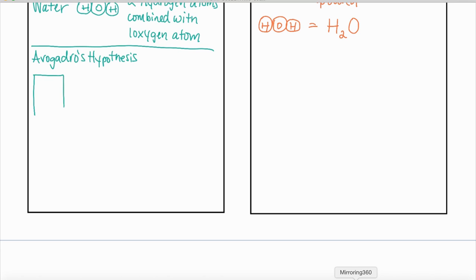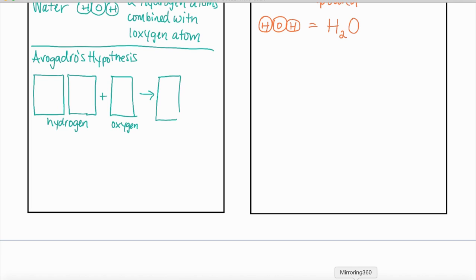So I'm going to draw in some boxes to represent my volumes of hydrogen that are going to combine with my volume of oxygen to form my 2 volumes of water vapor. Now, I'm not doing an excellent job of making these volumes look equivalent, but they are meant to be. Okay, so I'm going to use 2 particles per box just because I don't have a whole lot of space